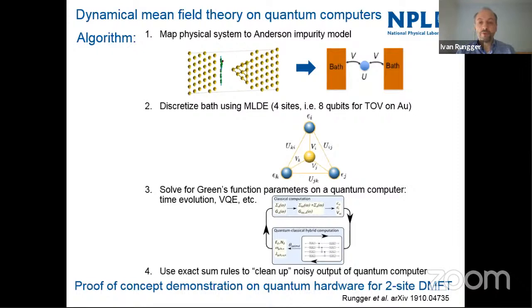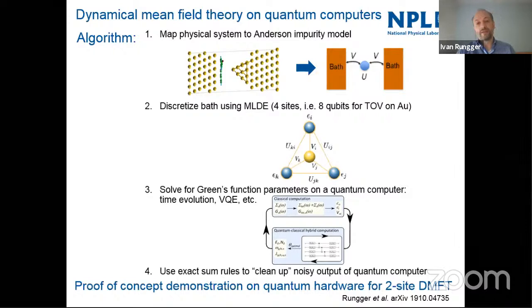But in this case, by putting U, you actually make the density of states of the bath richer. While the non-interacting density of states has as many peaks as you have sites, if you add the U, you have a lot more peaks. So by adding more sites, you get more peaks, but by adding the U, you also get more peaks. And ultimately, that's what you need to represent the bath better, right? The more peaks you have, the more you can fit the true function of the bath. So for us, these U's are really not physically motivated, but from a fitting perspective, they allow us to fit the bath hybridization function better.